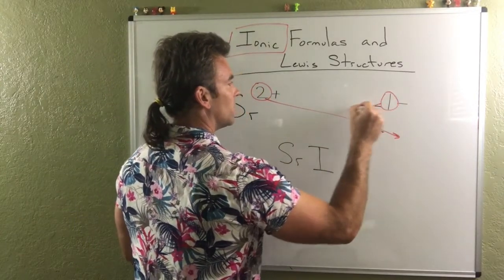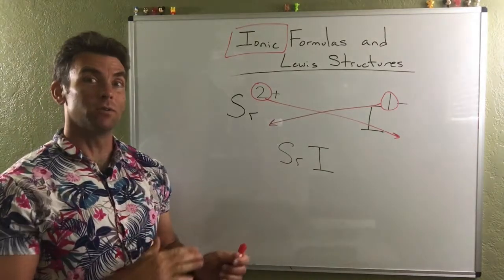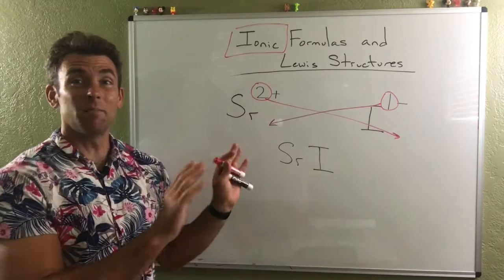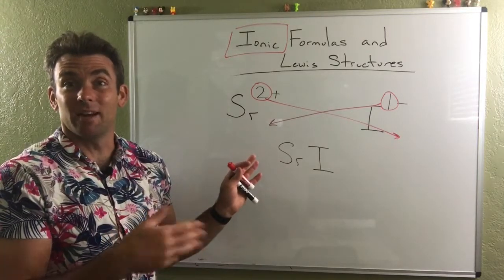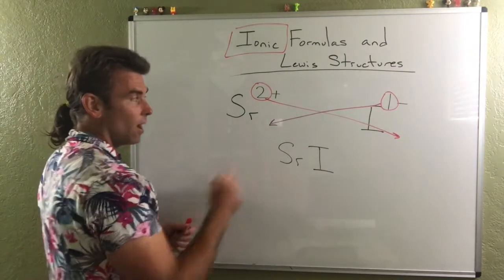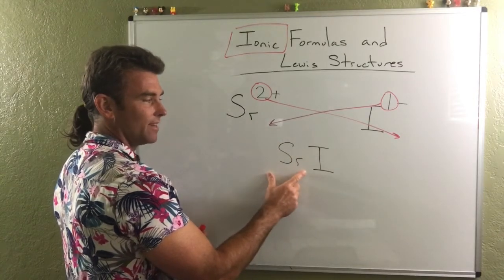I'm going to circle the number that goes with the charge. I'm leaving the charge alone, right? I kind of know that's there. I'm just using this as a pure trick so that I can always balance out my ionic compounds to make sure that they're neutral. And so what you'll notice is that there's a 1 in front of the strontium,